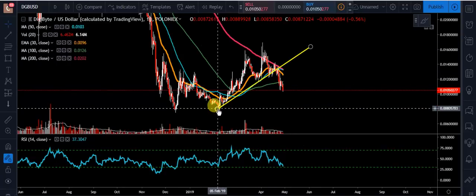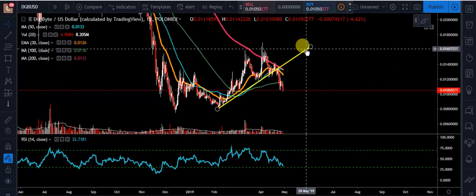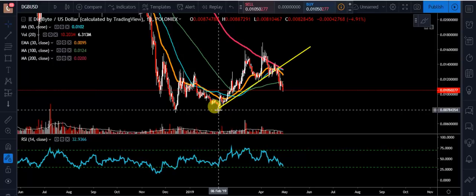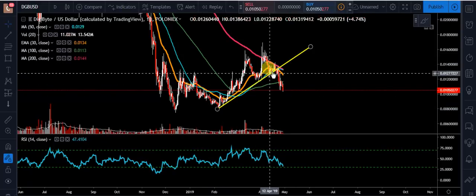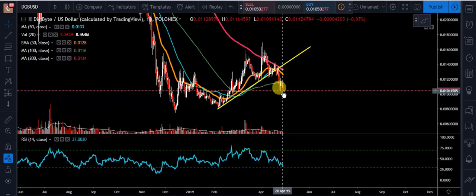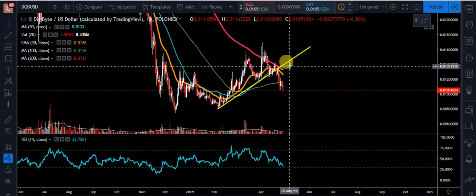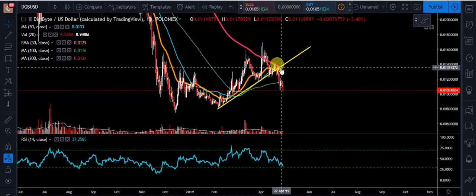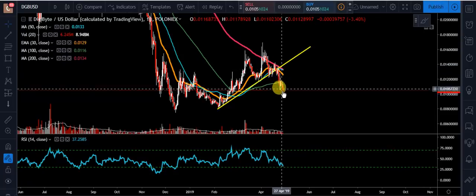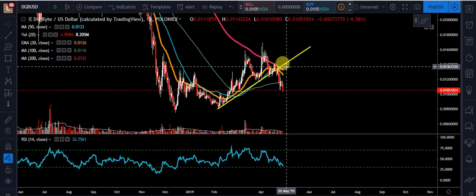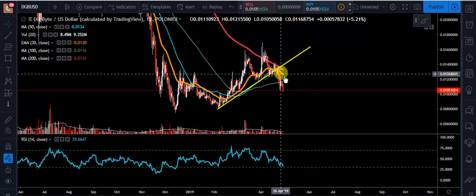So this is what we've really been keying in on for probably about a month or so now. If you go back, look at some of the videos we've been doing, talking about this has been the main trend line. So now what we're looking for, guys, is to see after this fall, if we do have some type of a pullback to backtest these moving averages back in here or even this trend line. A lot of the times, my book, Encyclopedia of Chart Patterns by Thomas Bulkowski, it talks about these trend line breaks, and about 50 to 60% of the time you will have some type of a pullback into this